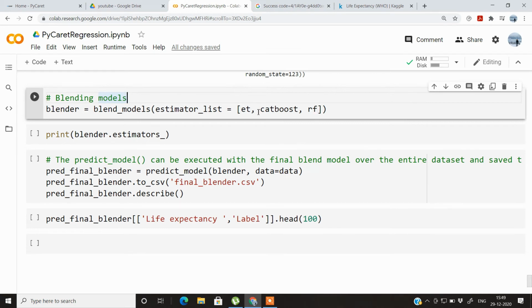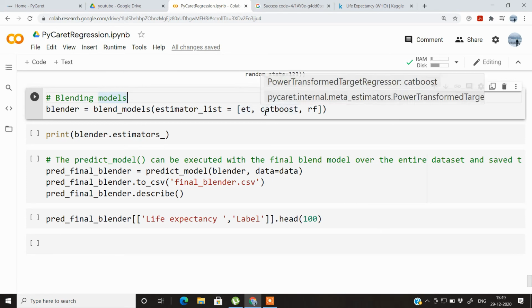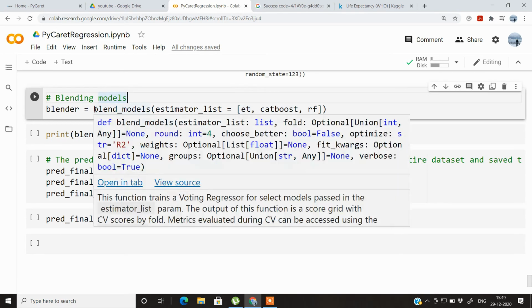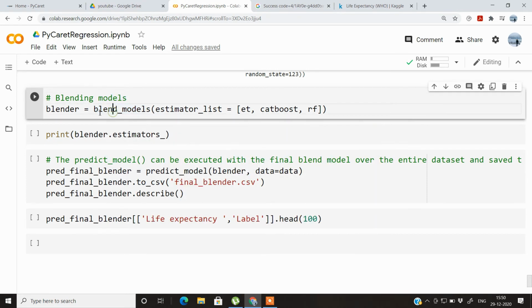Based on these top 3 models, we calculate the life expectancy, and then we take the average of the life expectancy for that particular record. That can be done in the case of regression, whereas in the case of classification we could have taken the mode of all the outputs of the supplied estimator list. So just by calling this blend models, we can do blending easily.